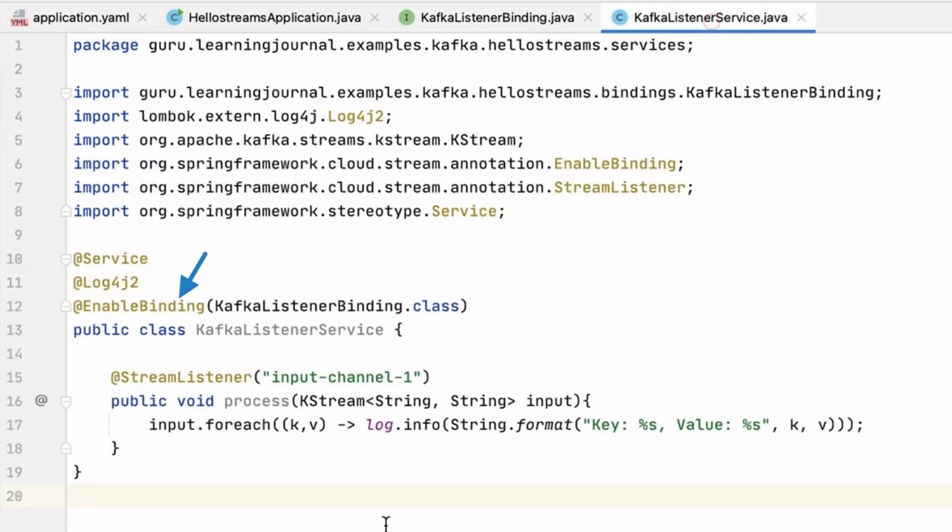The @EnableBinding will trigger the Spring Cloud framework. Now, the Spring Cloud framework will implement the binding interface and create a Kafka stream. You can listen to the stream using a listener method. So my listener method will receive the input stream and I'm sending it to the log. That's all. Now it's time to run this application and see a few things in action.